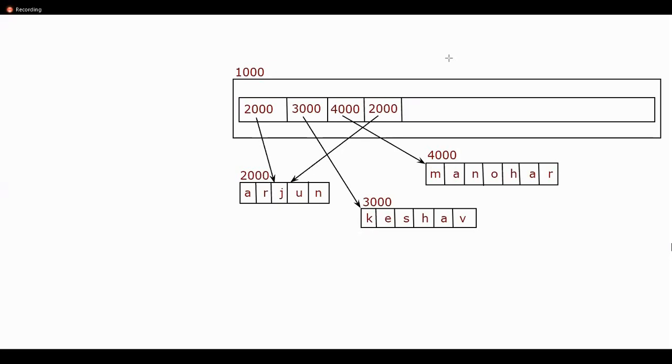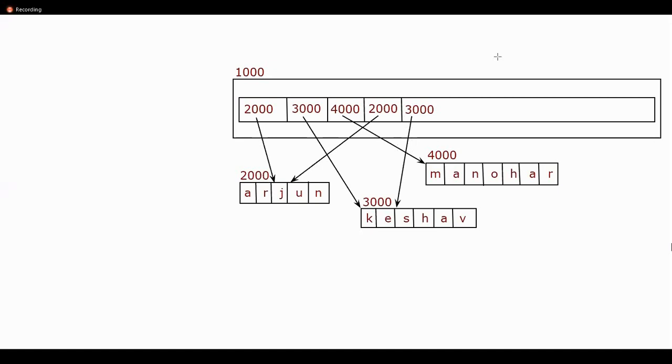If it is present, what it is going to do is just use the address of the same string object. That means after Arjun's data is tackled, next I would be storing Keshav's address like this, and as a result, all of you know what the impact would be on the memory map. From this location, it immediately starts pointing to my Keshav's object. Any confusion so far? Here also, the same thing repeats. I don't want any of you to have this doubt at the back of your mind.